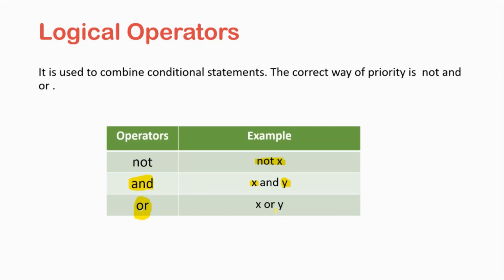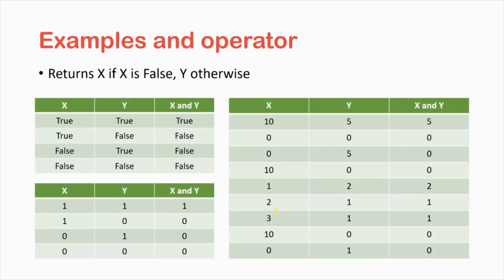One by one, we will see the example of all three operators. In the next slide, we will start first with the AND operator. You can see I have designed one table. I have taken some values for x and some values for y, and now I am finding out x AND y. First I provided true in the x variable and true in the y variable.